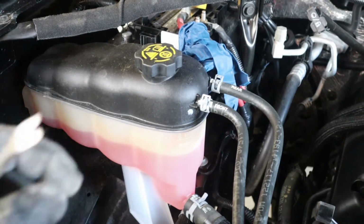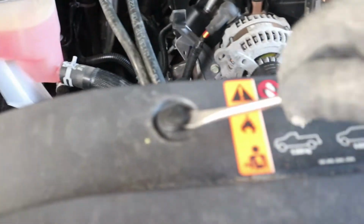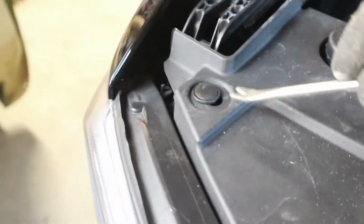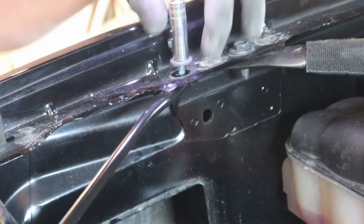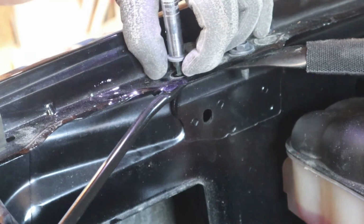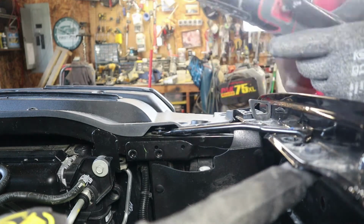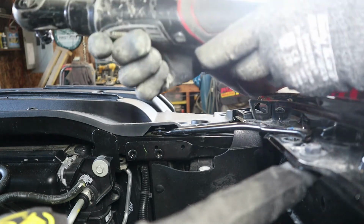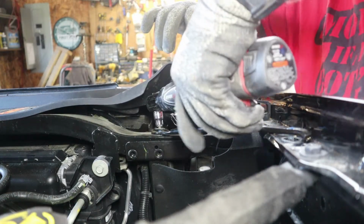Alright guys, so the next step, we're supposed to move the coolant reservoir, because I think we can get it in there without removing it. And then we need to get our tool here so we can remove some of these clips. And I don't want to remove all of them. I think we can get to it just by moving a few of them. So I am going to use another tool that wasn't in my tool description. This is just a little ratchet that's easy to get underneath here. So I'm going to use this here to